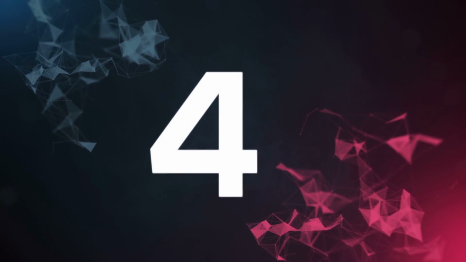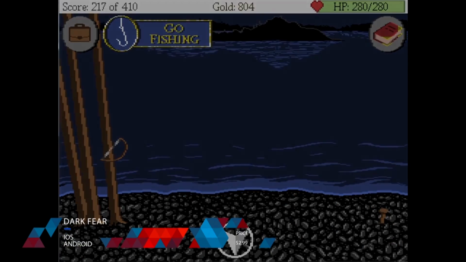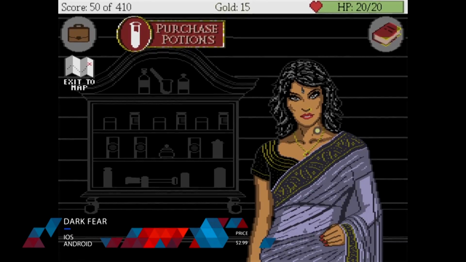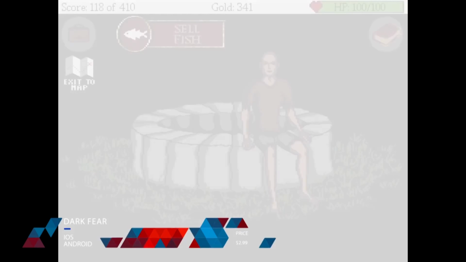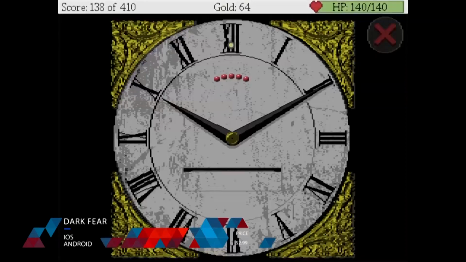And at number 4, we have Dark Fear. This is an RPG adventure game in the vein of classic PC games. The developers describe it as Myst meets King's Quest, and I think that's a pretty apt description. The cool thing here is that this game actually has a pretty well-written story. The classic 80s style graphics leave some vague ambiguity that make everything a little more creepy, and the music is